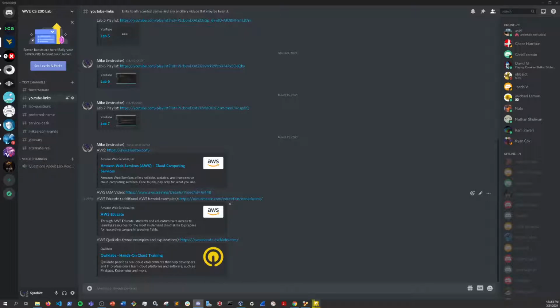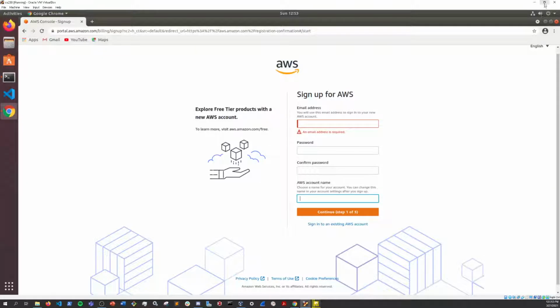You give certain accounts or roles permissions, and they have all kinds of machine learning stuff. You can do image recognition. So it's a really, really cool website, regardless of what you may think about Amazon or AWS. They have a lot of services, and it's used by a lot of people, including the US government with their